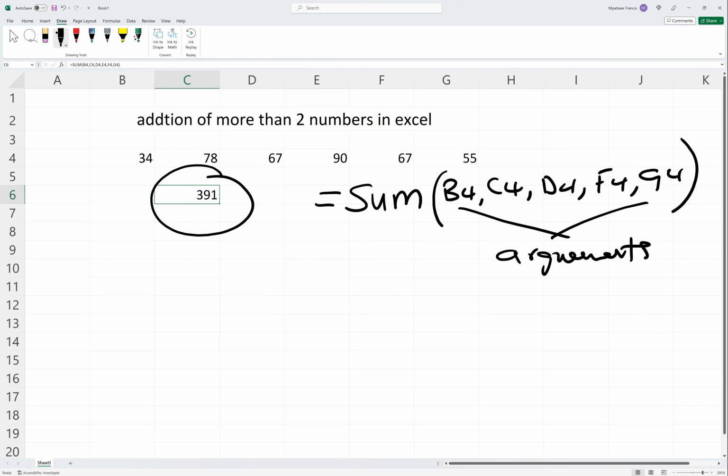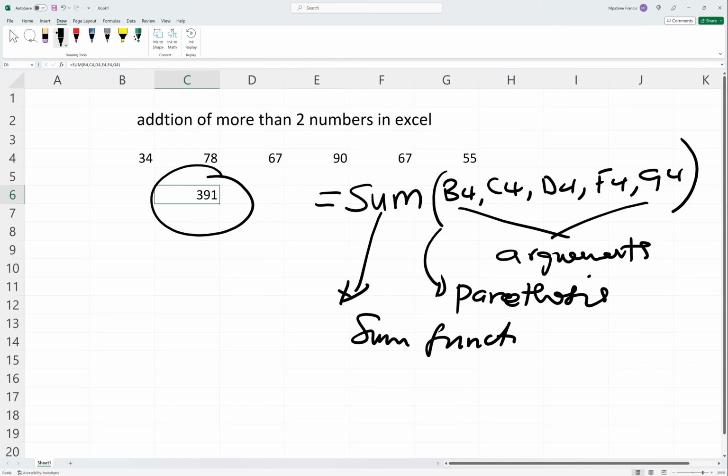And then we have the open bracket. These are what you call parentheses. And then we have the name of the function, which is the sum function. This is the sum function. And then we have the equal sign. The equal sign tells Excel that